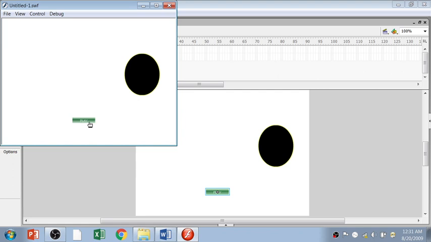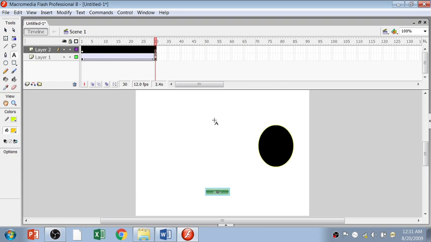If I click on this button, no action, but some effect is there. That is due to that button's frames, right? The hit, down, over, up, and hit effect, right? Now you have to write a script on this button. So what script you can write on this button is,